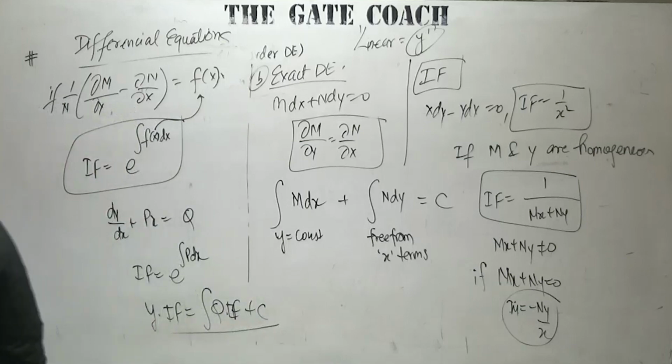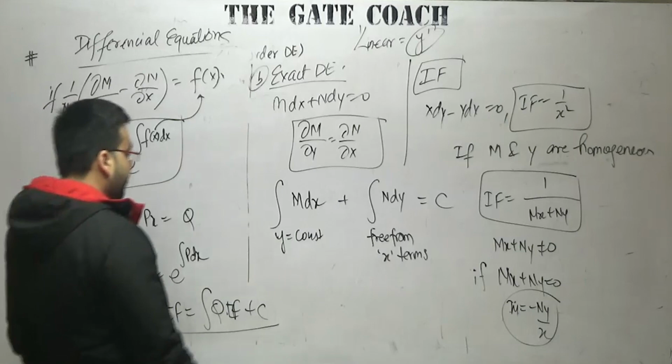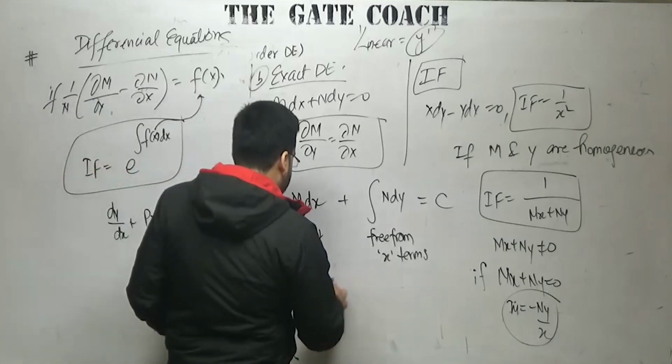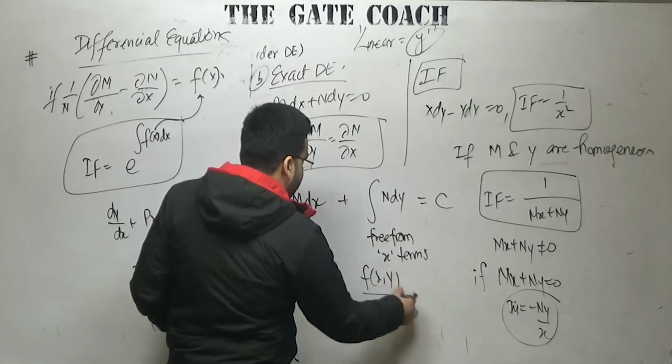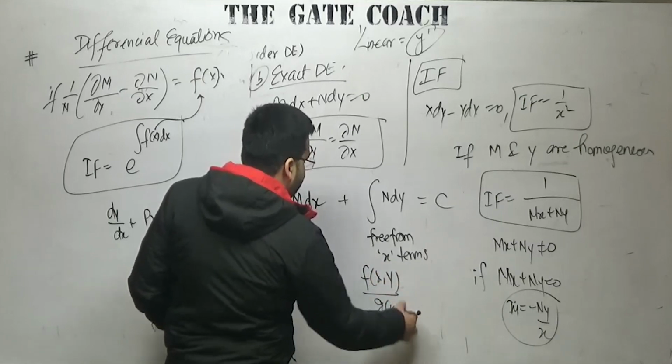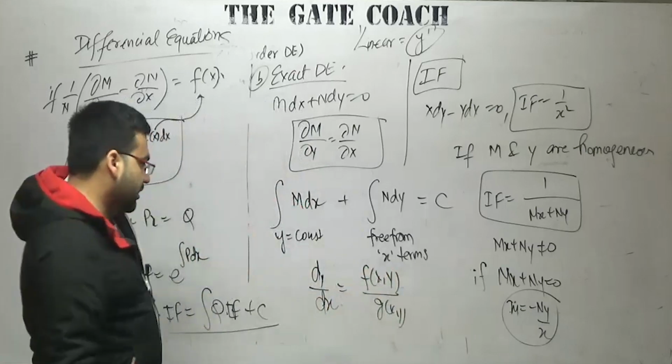Okay, and that I am not going to repeat it. Then how to solve the homogeneous equation also I told you, right? What is the meaning of homogeneous? That is dy by dx is equal to, let us say, f of xy divided by g of xy, and where it is homogeneous means that the power is the same.